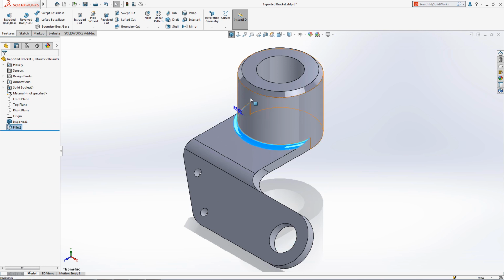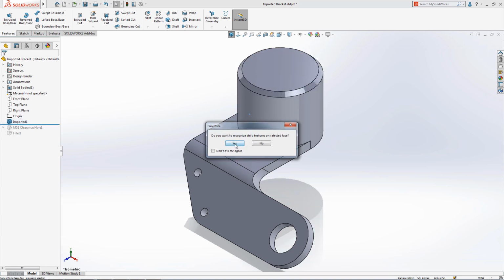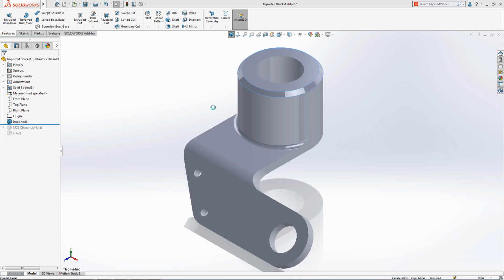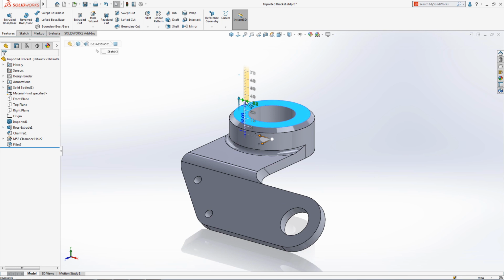Directly from the graphics area, features can be extracted automatically. Fillets and other features can be easily changed. Multiple child features on a face can be recognized in one hit. Subsequent changes can be quickly made and dynamically resized with real-time preview.